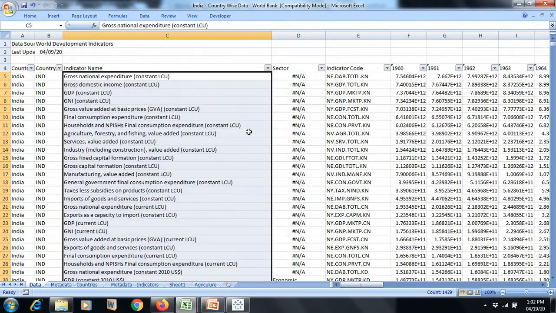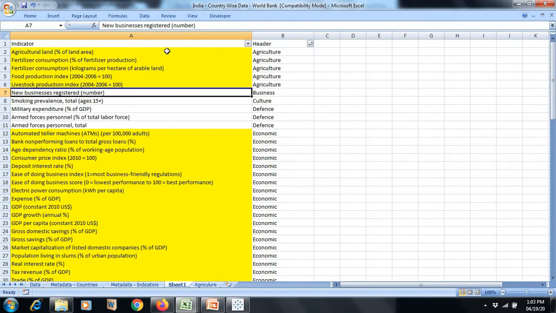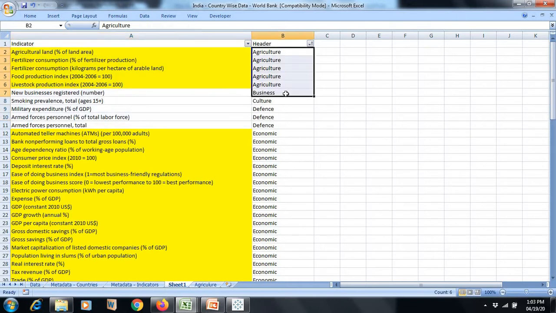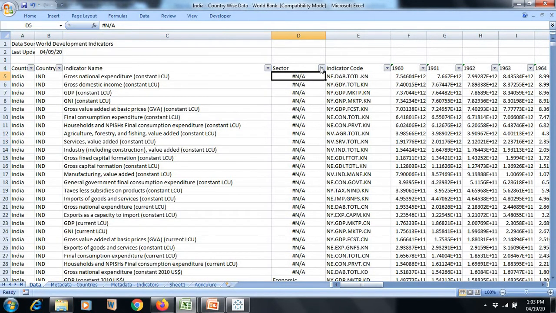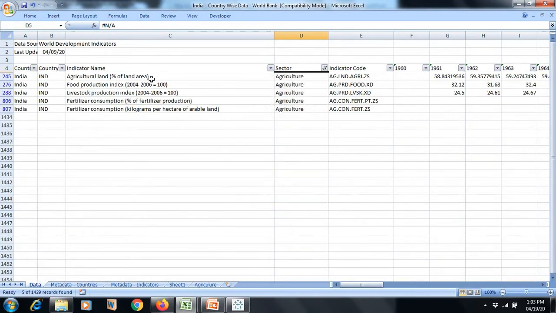So what is the step? How can we do this? Step number 1, we need to divide the indicators into different sectors. I have picked up all the indicators, created some heads, and divided those indicators into those heads, and then I posted them here. For example, with regard to agriculture, I want to use a few indicators.